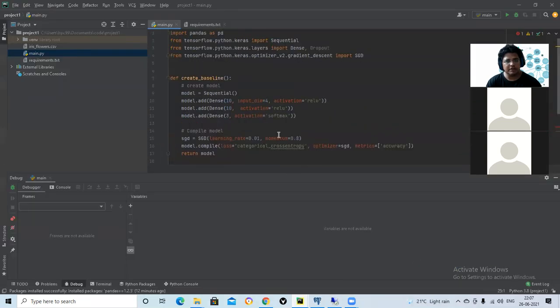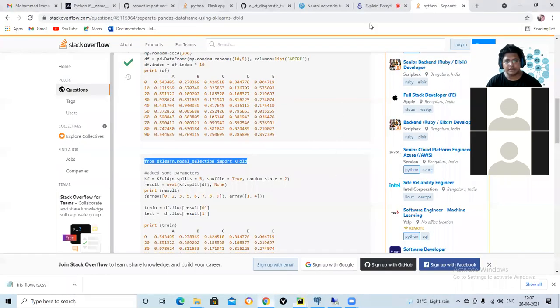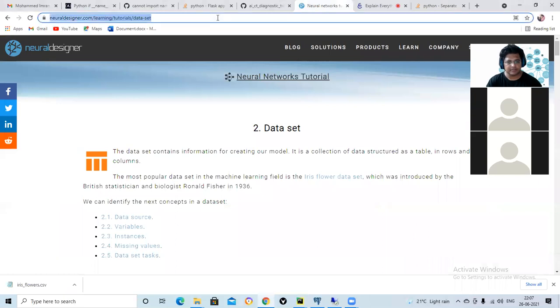So slowly our project is growing. Now sklearn is not there, so we have to install sklearn.